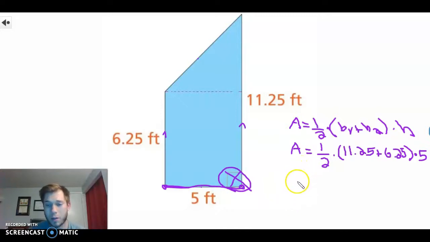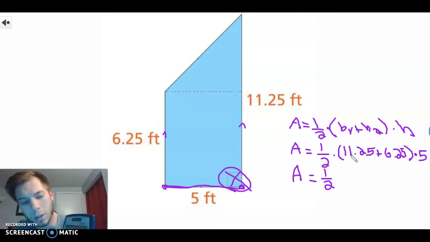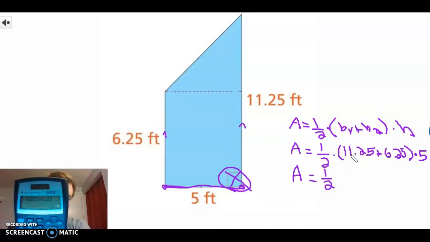So once you have your equation set, you can go ahead and attempt to solve. So just like order of operations tells us, we're going to go ahead and solve what's inside the parentheses. If you need to be writing this down along with me. So we have half. And then we can take our calculator out and we can solve what's inside the parentheses. So we have 11 and 25 hundredths plus 6 and 25 hundredths. I have this in my calculator below. You should as well. I'm going to go ahead and hit